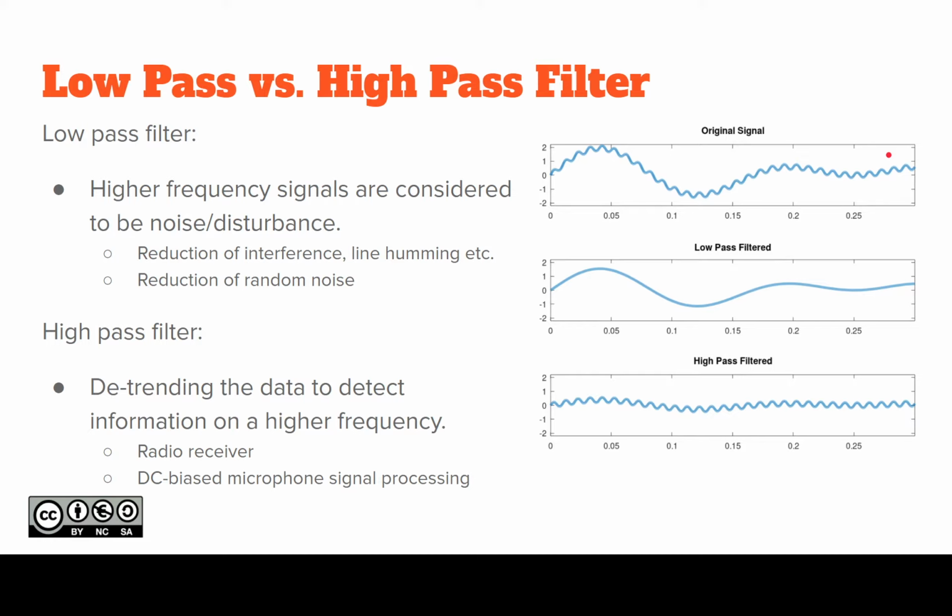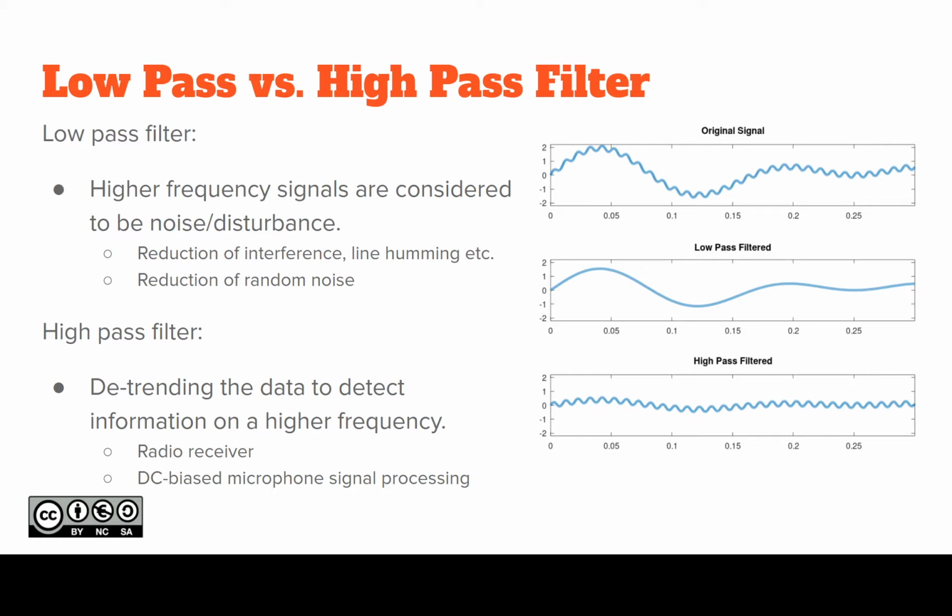Okay, so for low pass filter, it takes out this higher frequency component, and then you get this low pass filtered signal. You would use a low pass filter if the higher frequency signals are considered to be the disturbing part. For example, in reduction of interference, meaning, okay, if that was a very sensitive circuit close to open AC